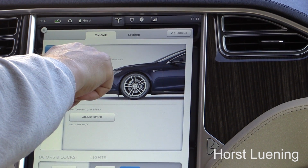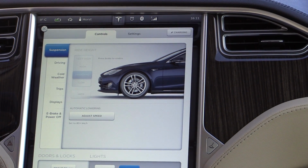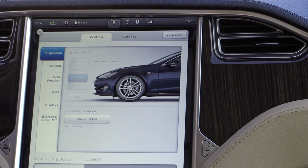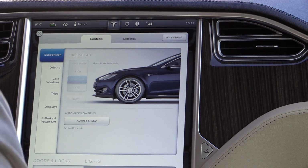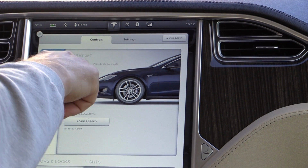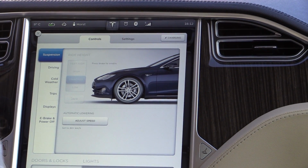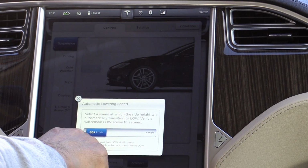The height of the car has a memory function with a GPS, so the car remembers in which positions you put the car in height mode, in very high mode, on particular roads, or if you enter your house and there is a steep entry road, something like this, then it will remember it and will always bring the car up in this GPS position. Bringing the car down for higher speeds, there's an adjust speed button here, and it says from 80